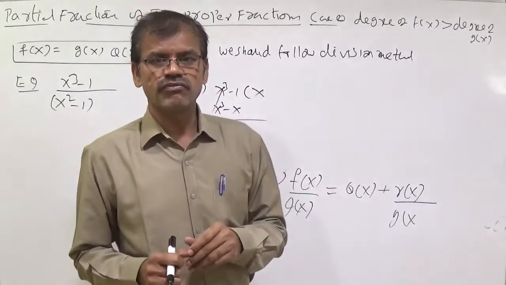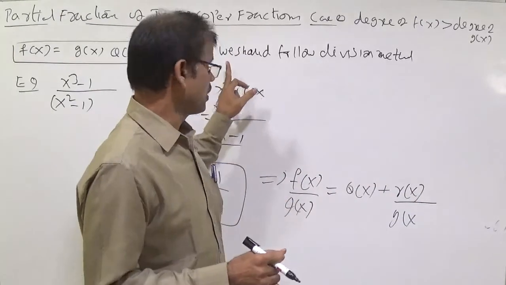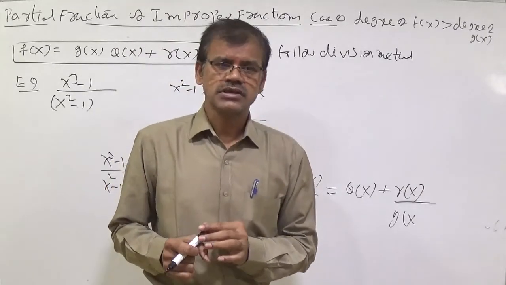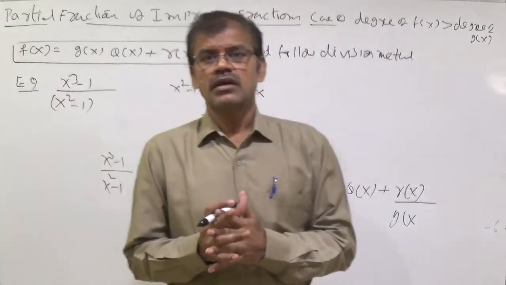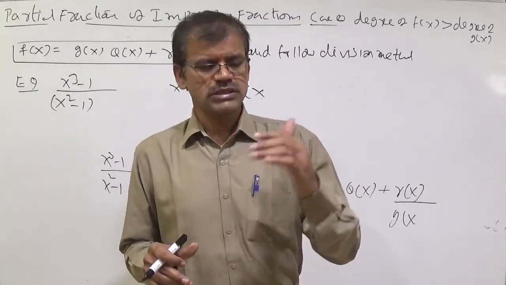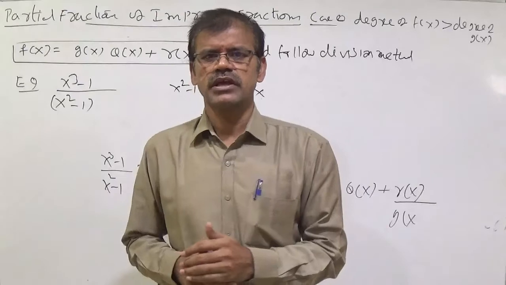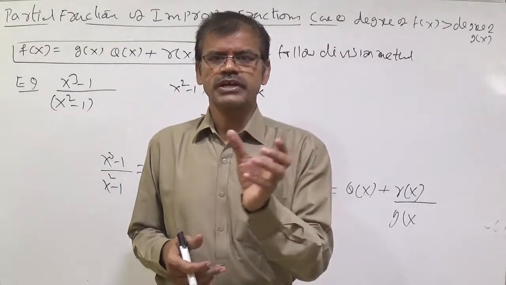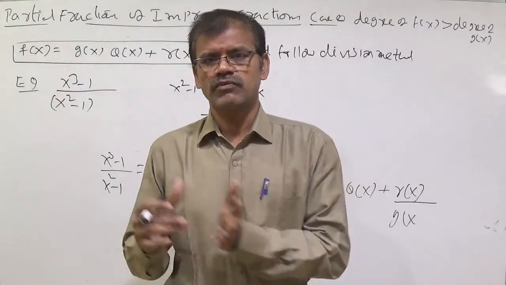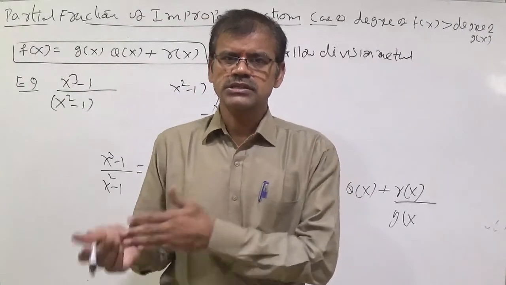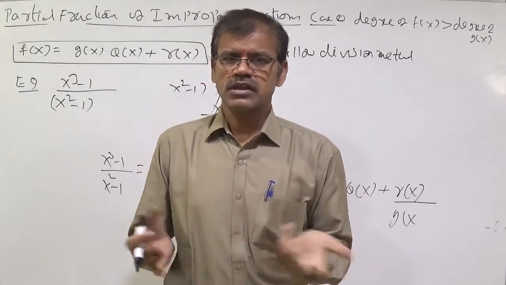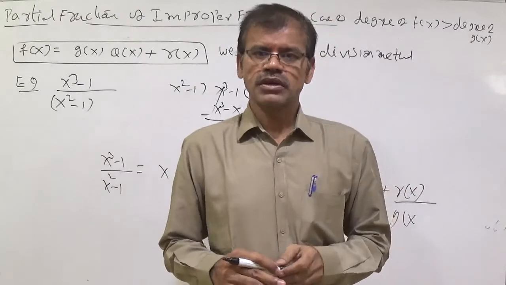So you should not forget that whenever the degree of numerator is greater than the degree of denominator, you should follow the division method. If a shortcut is there, I will say. If lengthy sums are there, then you should use the shortcut using the zeroth polynomial. What is zeroth polynomial, sir? Example: 2x plus 3 into x plus 2 into x plus 3, like that he has given. It depends upon the degree. 2x plus 3 should be equal to 0, so x is equal to minus 3 by 2. It is called a zeroth polynomial. If 2x minus 1 is there, x is equal to 1 by 2. If 3x plus 5 is there, x is equal to minus 5 by 3. Like that, using zeroth polynomial, we can do. Otherwise, the lengthy method also we can do. Whenever a shortcut is there, we can use the shortcut.